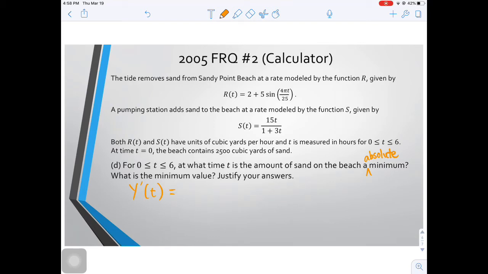We know what y prime is really: s of t minus r of t. And we would always take our derivative and set it equal to 0. We'd also look for where it is undefined. So you could graph s of t minus r of t and see where it's equal to 0, or you could just graph s of t and r of t separately and see where they cross. There's different ways to do that, but you're going to have to do that on your graphing calculator and get a good window. You're only looking for between 0 and 6, and you should get that this occurs specifically at